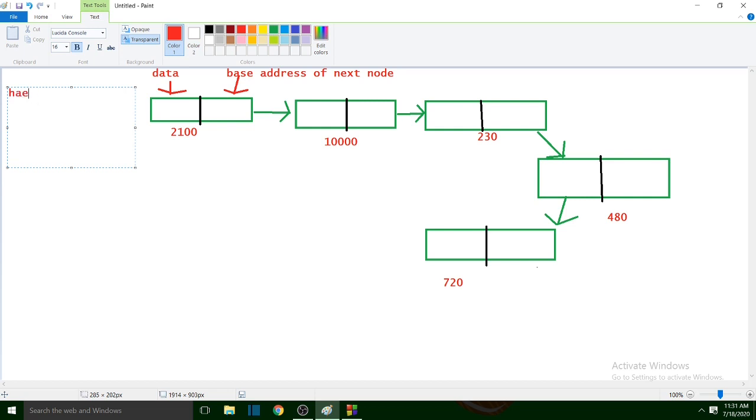Let's say now the color I'm going to pick a different one. So head pointer is supposed to store the base address of the first node. What is the base address of the first node? I have taken 2100. I don't take these, these are picked by the machine, but at this point I am just trying to make you guys understand. So the base address of the first node is going to be stored in head. Now next up, what is the base address of the last node? 720. And for the last node, we are going to use tail as the pointer which holds the base address of the last node. So tail is here 720,